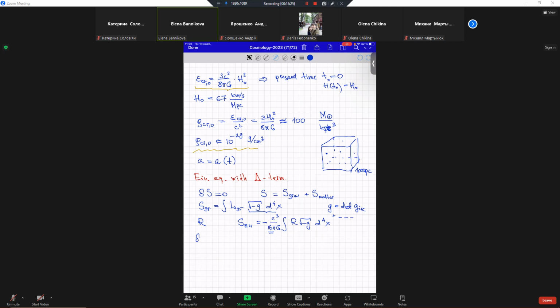After this, you need to consider this one plus S matter equals 0. If you do this the proper way, taking into account the results from tensor analysis, you exactly obtain the Einstein